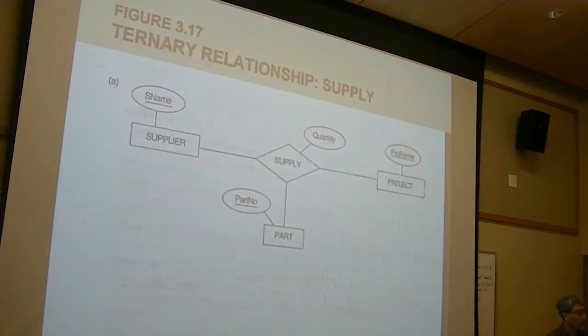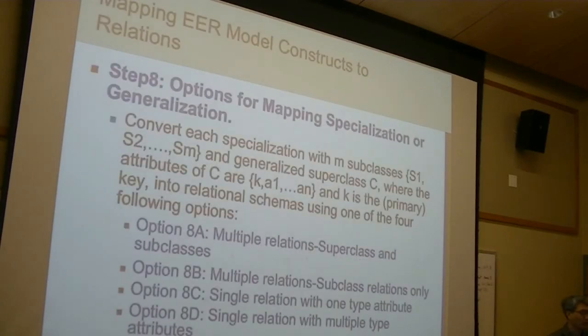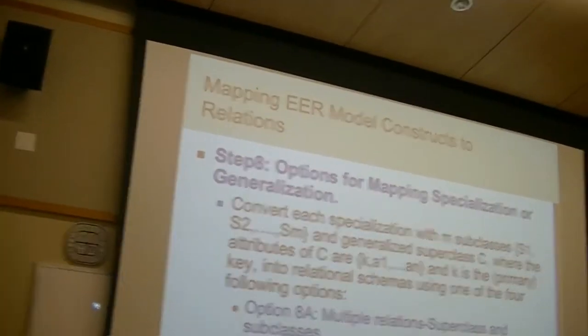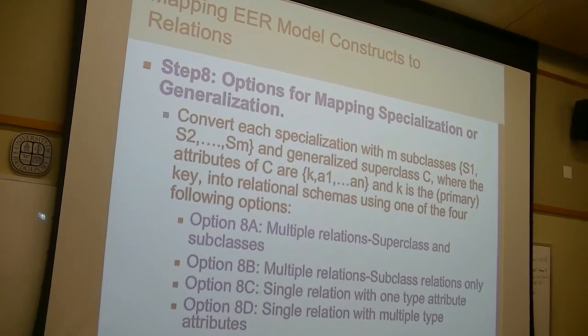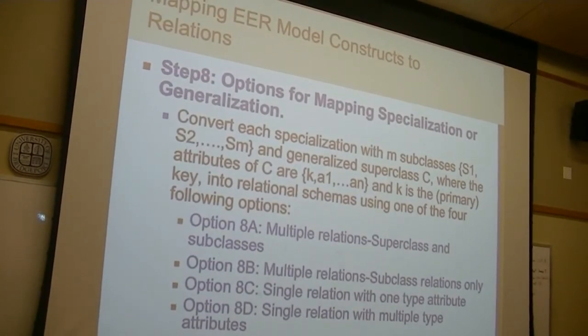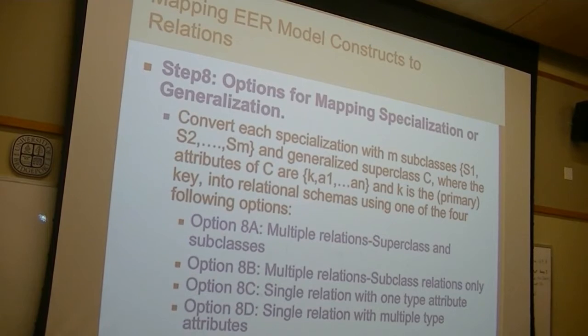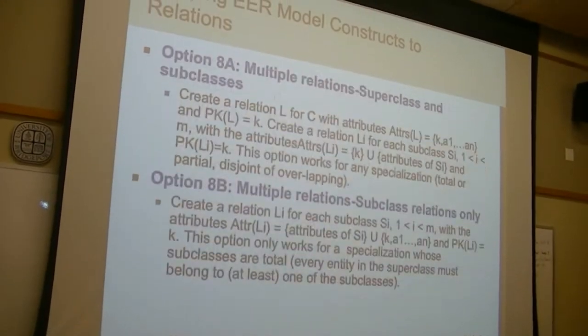So from your homework and the practice, pretty much I believe that you understand how to map the ER diagram to the relational schema diagram. In case of the super and subclasses, like the specialization and generalization, we talked about the four different options. So for your reminder, the first option uses the